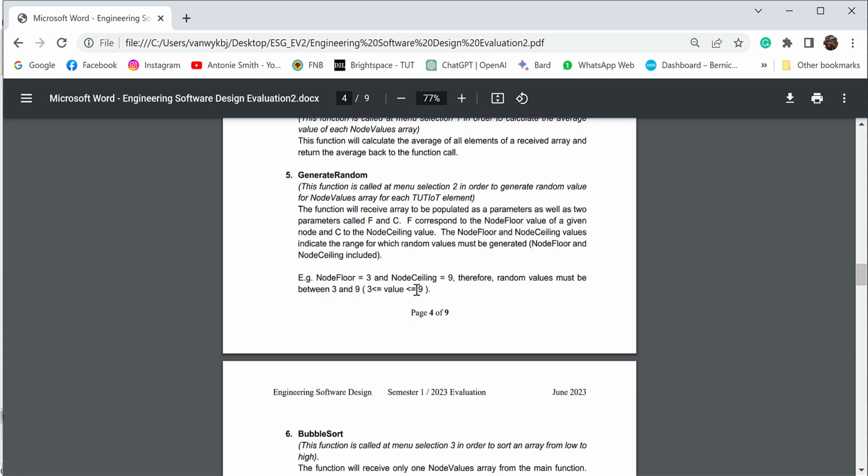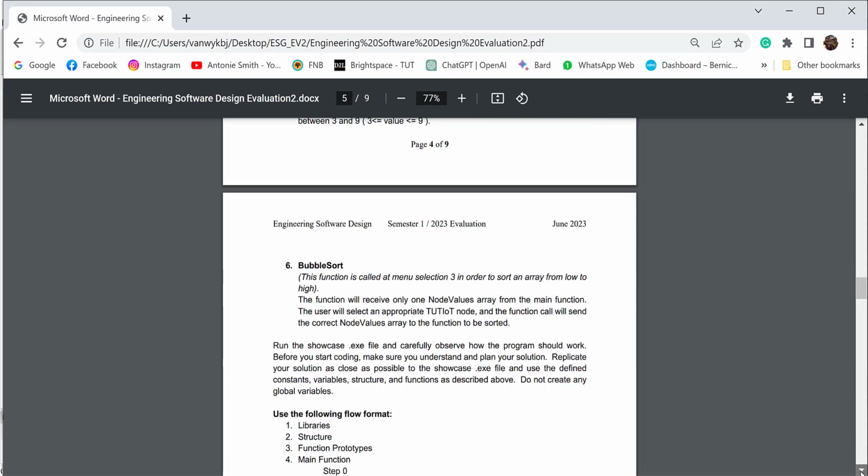So it means that if I say node floor is 3, 3 is included, and if I say node ceiling 9, 9 is also included. Okay, so if we go further,